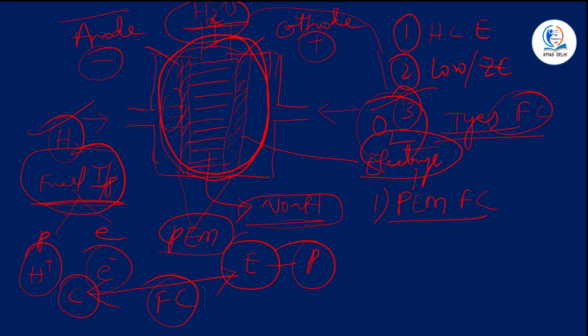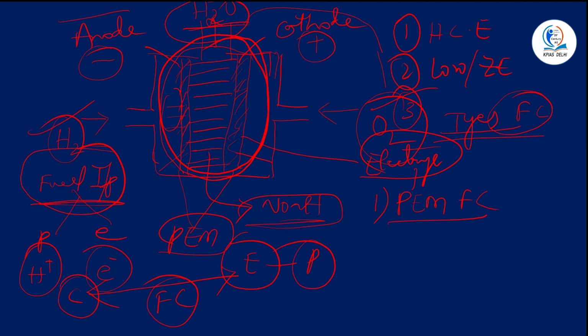As I told you, polymer electrolyte membrane. In this membrane, the anode and cathode are separated with a membrane. So here in polymer electrolyte membrane fuel cells, proton exchange membranes are used. So a solid polymer is used as an electrolyte, and porous carbon electrodes containing platinum or platinum alloy catalysts can be used. So this acts in order to take up this chemical reaction within this particular electrolyte. It acts as a catalyst.